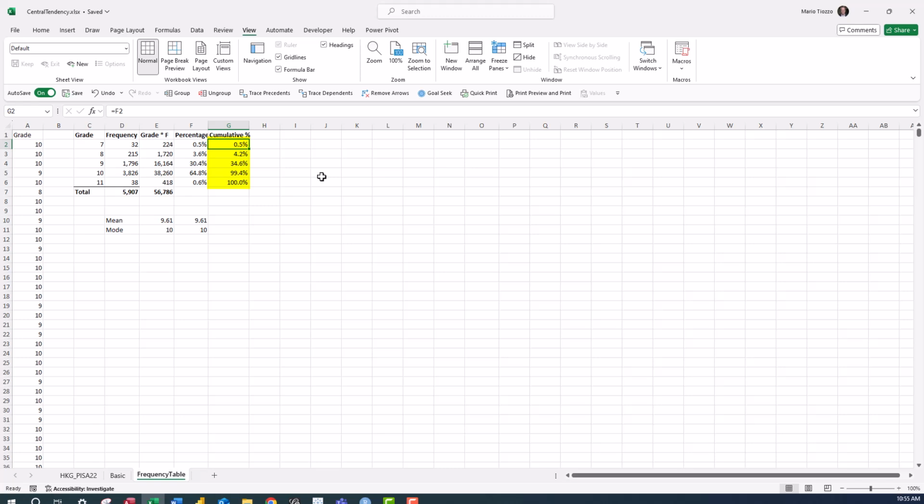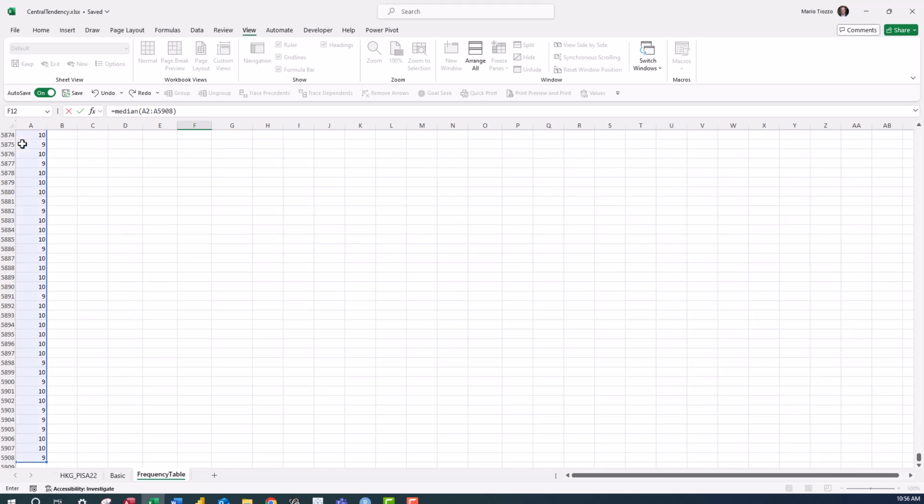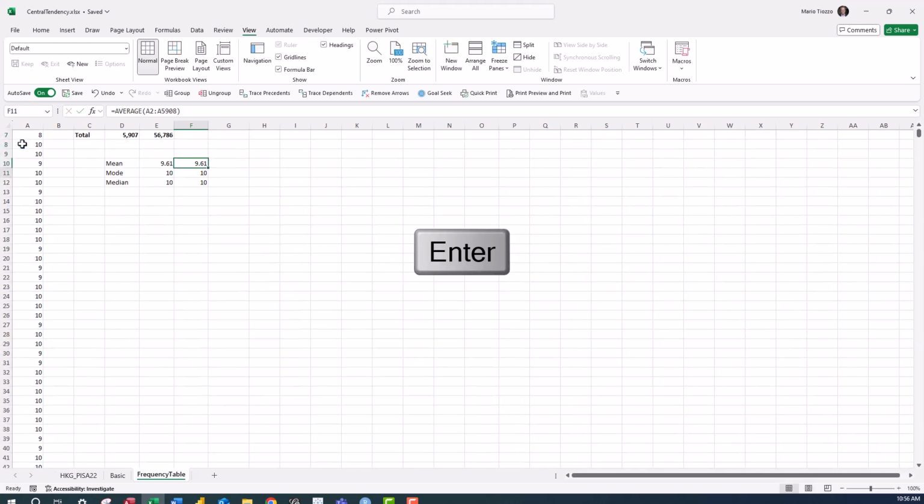So given this data series, what should the median be? We know that it would be at the 50th percentile. So it looks like it would be grade 10 since it falls between 35% and 99%. So the 50% mark should fall between those two values. So we can go here, median, input the number 10. Let's verify using a formula to calculate the raw data. Equals MEDIAN, open the parenthesis, go to the first value, Control-Shift down, close the parenthesis, press enter, and it's